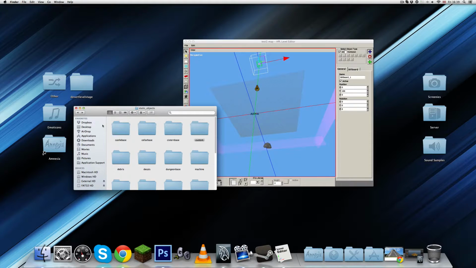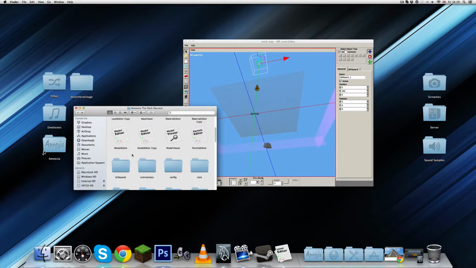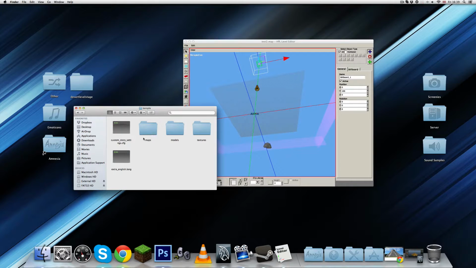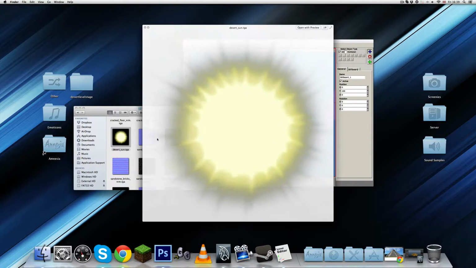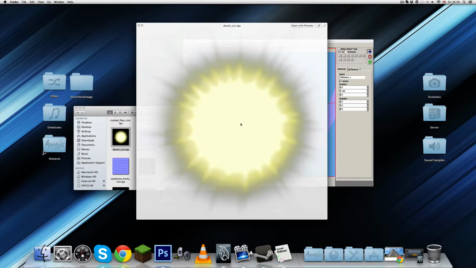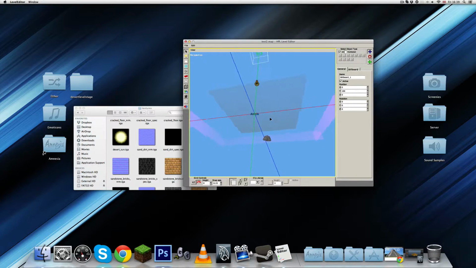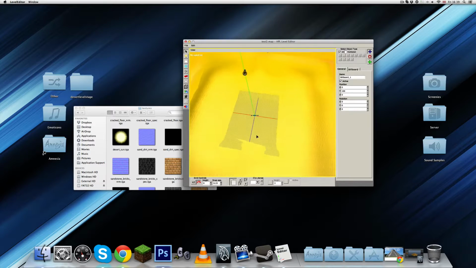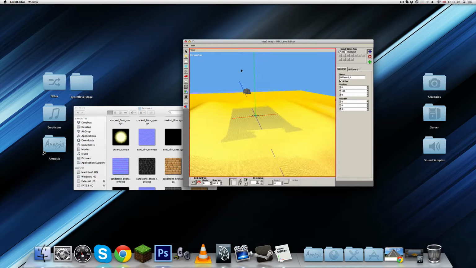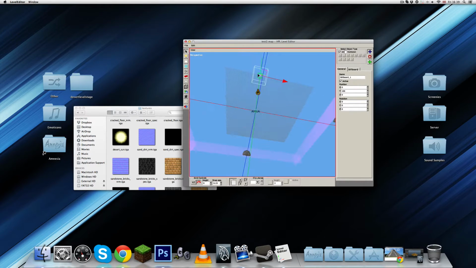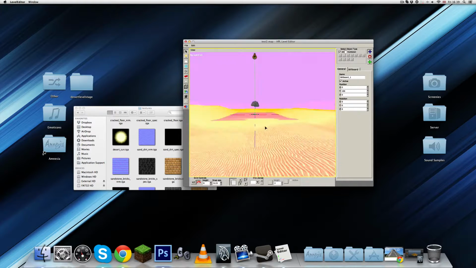Let's go up to the custom story folder. I'll show you the texture for the sun that I created. Textures. This is the texture for the sun that I made in Photoshop, and well, it's alright, I guess, but maybe I'll edit it. But that's the texture. It should probably work. If I place another billboard with it, it's probably going to work, but due to the fog around here, it's probably going to be invisible if I place it up there,